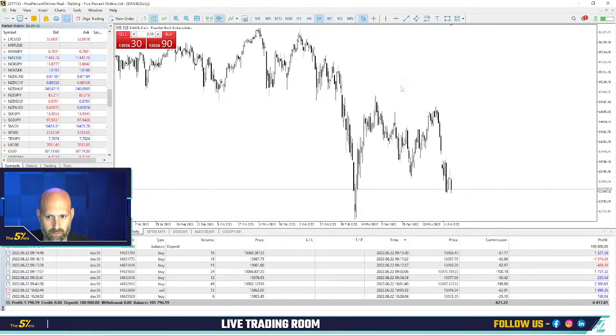Let's even go to the daily chart for a second. Obviously the DAX is dropping just pretty much the same as the S&P and the Nasdaq. So price dropped, bounced up, and then reached a resistance level, dropped down again. So we're pretty much negative on the daily chart, but since it's already dropped,